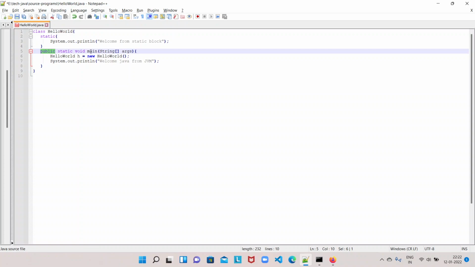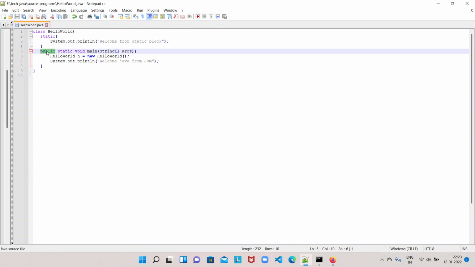Because the main method present in our hello world program is one separate program, and the main method is being invoked by the JVM, which is also another program, right? So that program should be able to access or call this main method. These are two separate programs running out of the context of each other. So whenever we mention public, only then will this main method be accessible to the classes or programs that are running outside of your class. Okay, that's why we have to mention the public keyword.